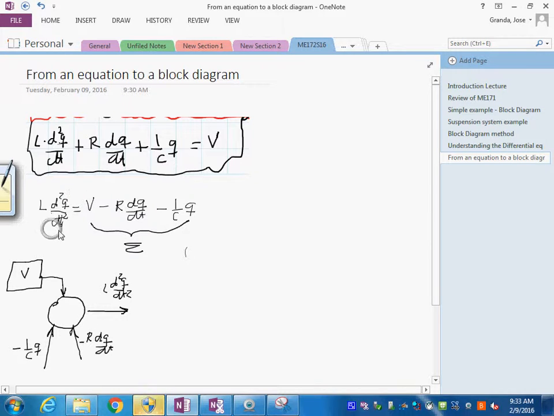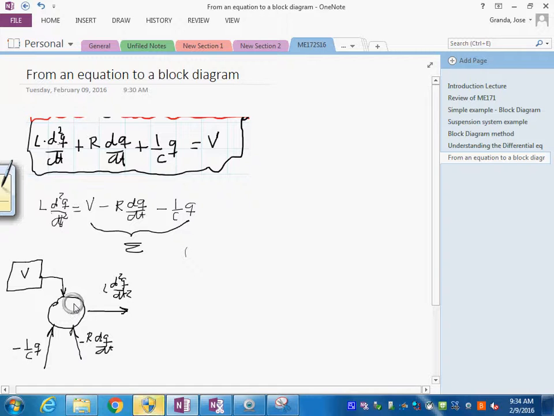So in here, the first thing we're going to do is say, okay, what about if we divide by 1 over L? And then, of course, what is left is d squared q dt squared. And if you integrate once here,